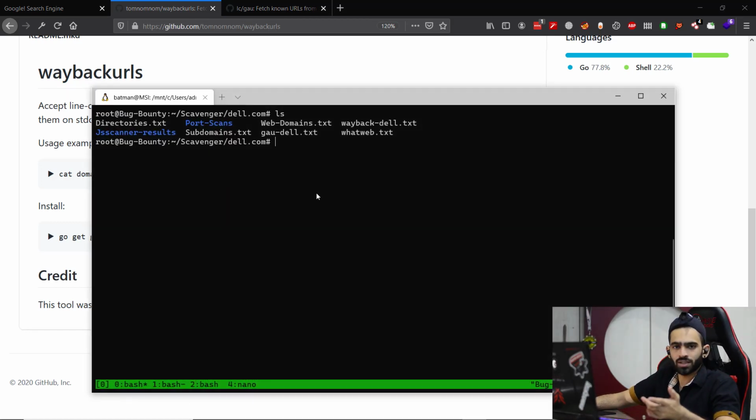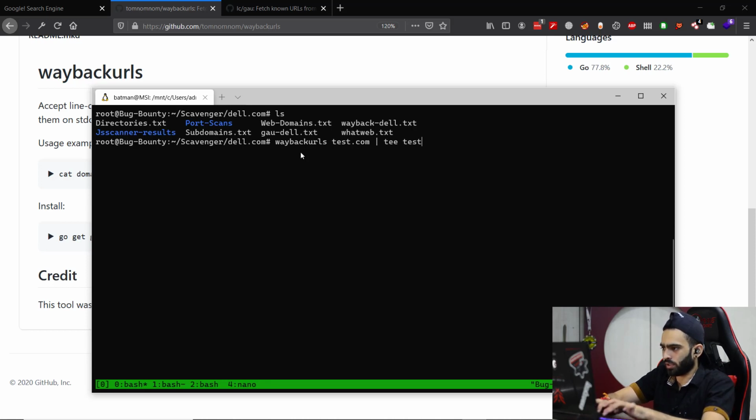Now this is my VPS and these were all the data which we found, except for Gau and Waybackurls, which we'll see today. Now let's just test Waybackurls for test.com and just pipe the output to maybe test.txt. Let's see.